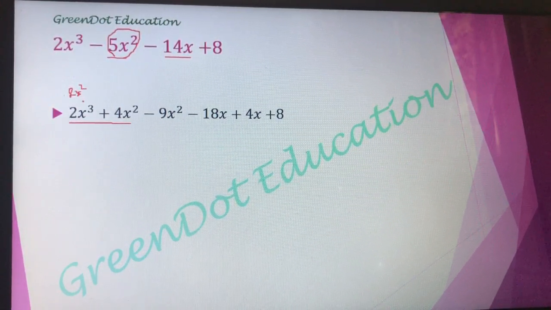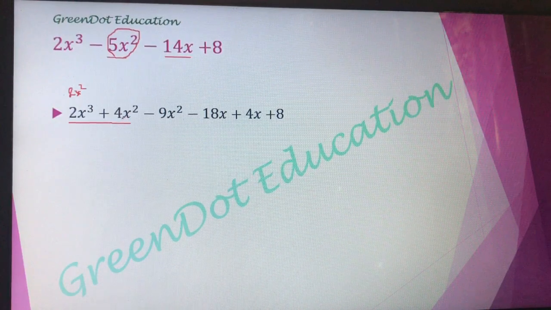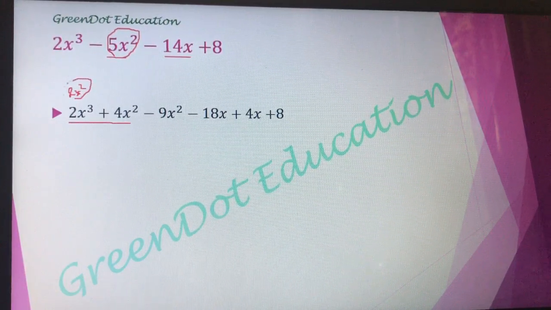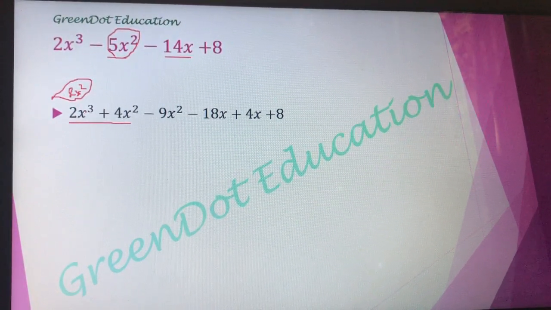right? If we divide this term with 2x square, we will be left with x, and here we will be left with 2. So we will get, यहाँ पर इन दोनों टर्म्स को अगर हम 2x स्क्वायर से डिवाइड करते हैं, राइट? तो 2x स्क्वायर से अगर हम डिवाइड करेंगे तो हमें यहाँ पर x प्लस 2 मिलता है. इसलिए इस 5x स्क्वायर को यहाँ पर 4x स्क्वायर के रूप में हम लिखेंगे. तो इसके दो पार्ट्स हमने बना दिए हैं.